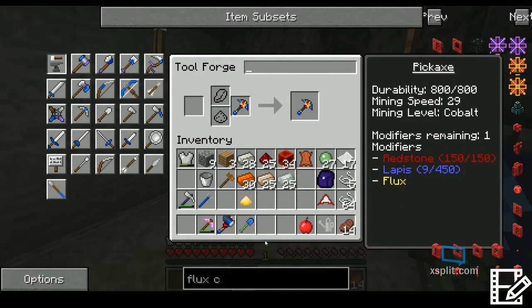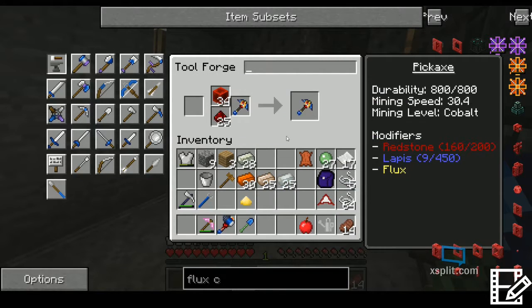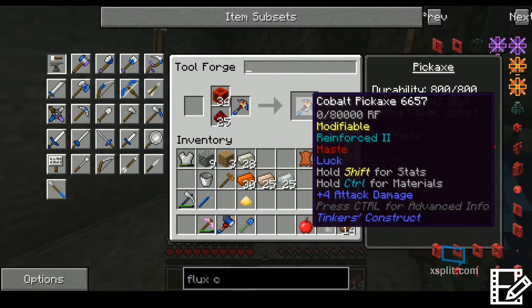What else could we add on there? And the lapis is going to build up. I don't know what else we could put on there to make it. We could really just add another layer of redstone just to. This thing would be crazy fast. Yeah, let's just do that, and then if I find something else, then I'll just add that second modifier back on, and